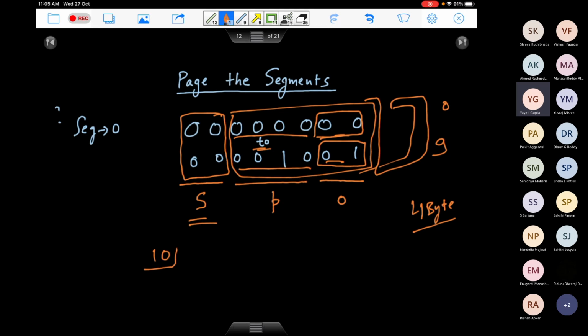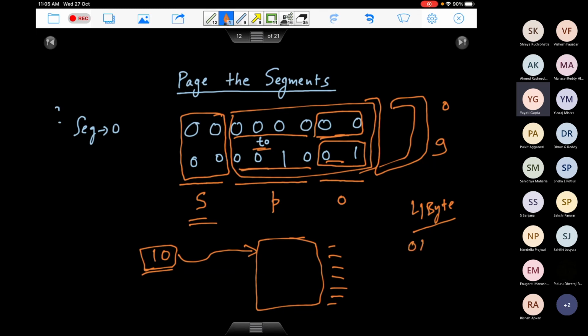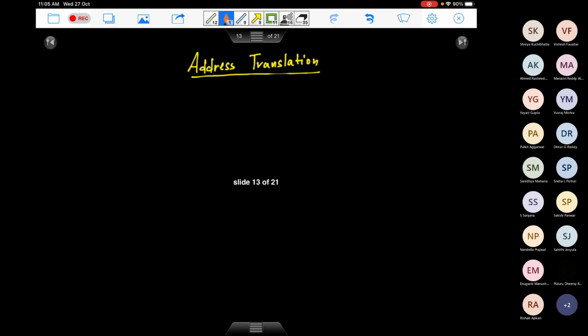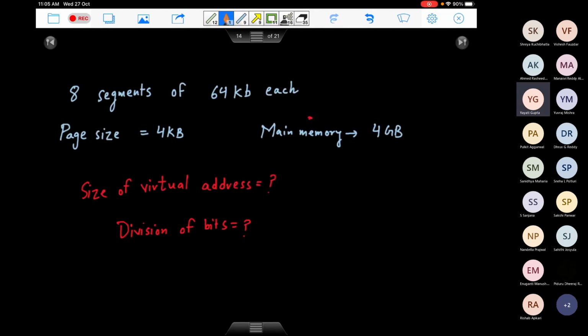Right? So corresponding to segment number 2, instead of a base register now, you have a pointer to the page table of segment 2. Now you can go to the page table of segment number 2, which is nothing but an array, and in this page table we can obtain the frame number corresponding to a particular page. Let us say our page number was 0101. Corresponding to 0101, at this particular index in the array, it will give you the frame number of that page, where it is loaded in the memory. What you have to do at the end is just add the offset to that. So that is how an address is translated. Okay.